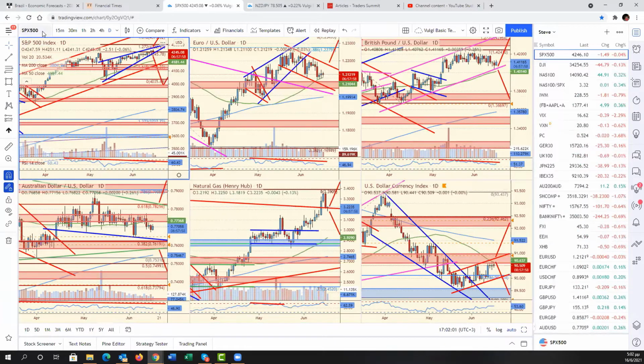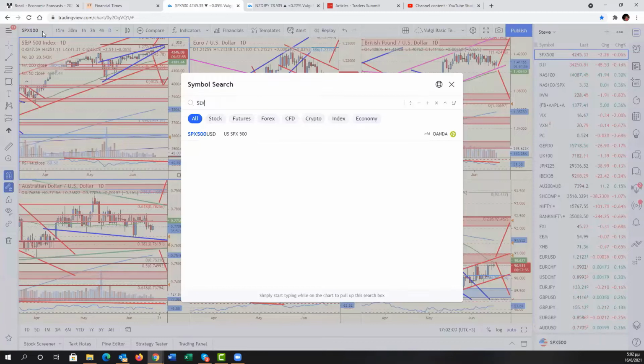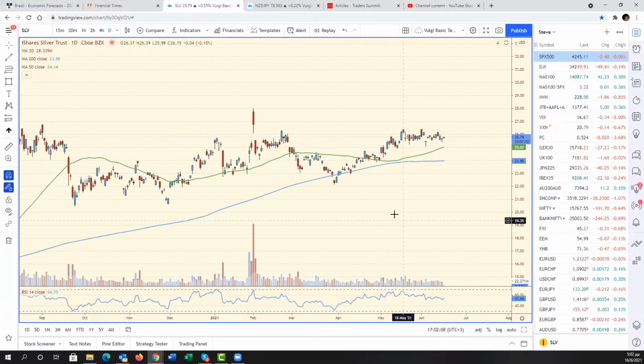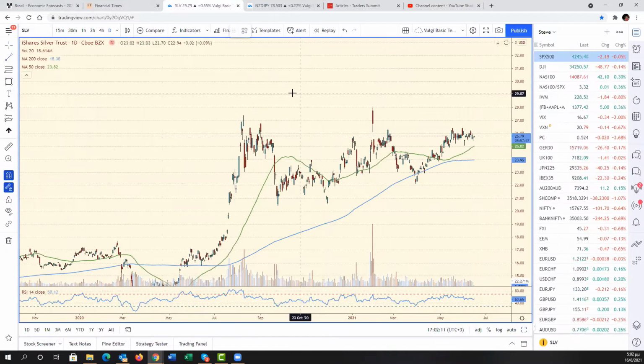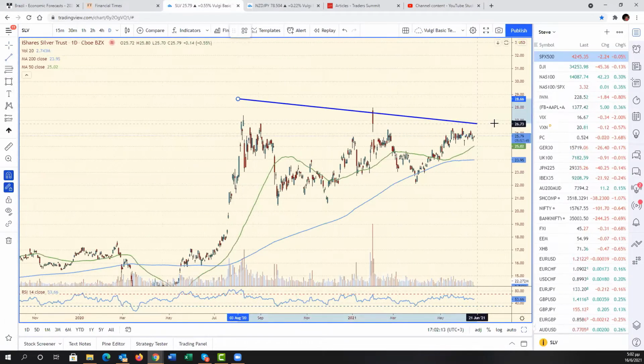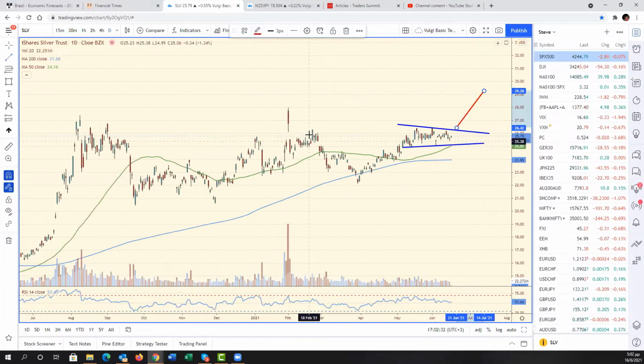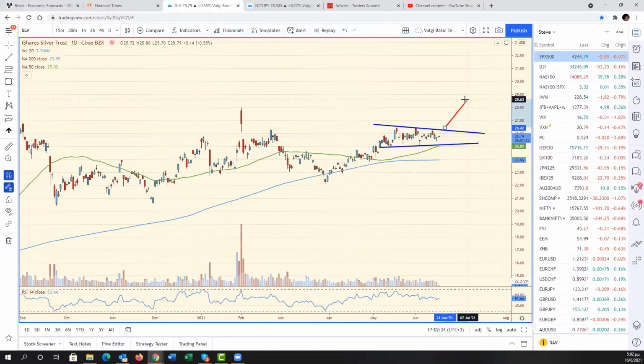SLV. Yeah. Unsurprisingly, right? It's just like silver, yes. Only it's paper. And, yeah, it doesn't really matter if you want to draw. If you just focus on it short term, forget the bigger pattern. You have the same thing we saw in silver, a symmetrical triangle here, right? And that favors most likely a breakout to the upside once again.